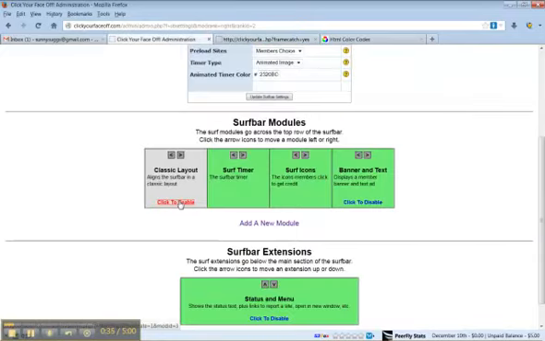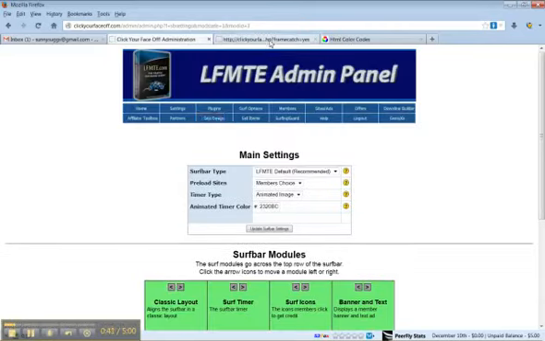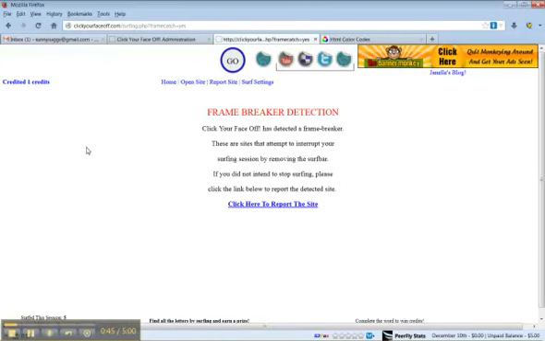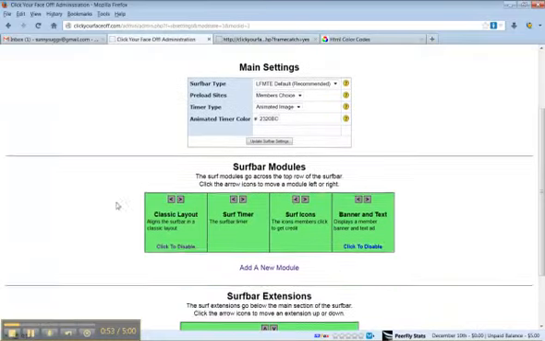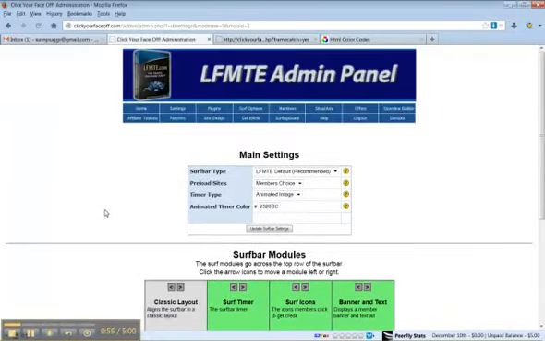You can go to the classic layout. If you click to enable that, you'll see that that changes, and you'd be able to put something there or whatever you want to do. I'll get to that in a second. I'm going to disable that,